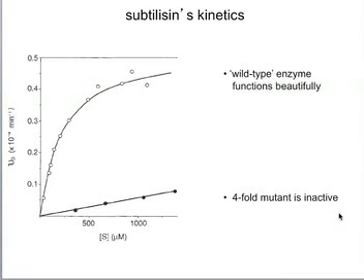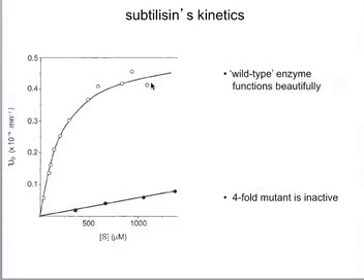We've talked in class about subtilisin, which is a serine protease, and we've talked about the form of these data already. This is a bit of a review. What we're looking at is substrate concentration on the bottom, increasing, and the reaction velocities measured for each of those. We see that this looks like nice Michaelis-Menten kinetics,